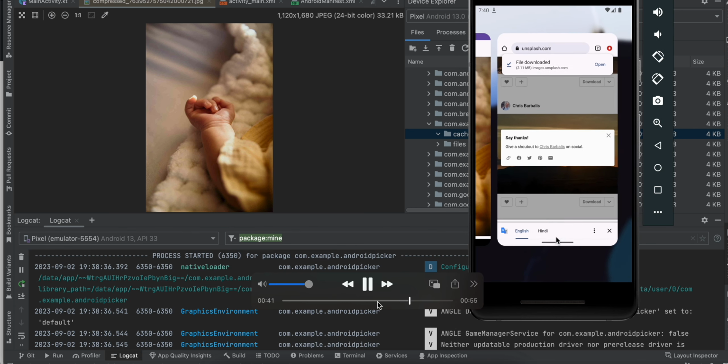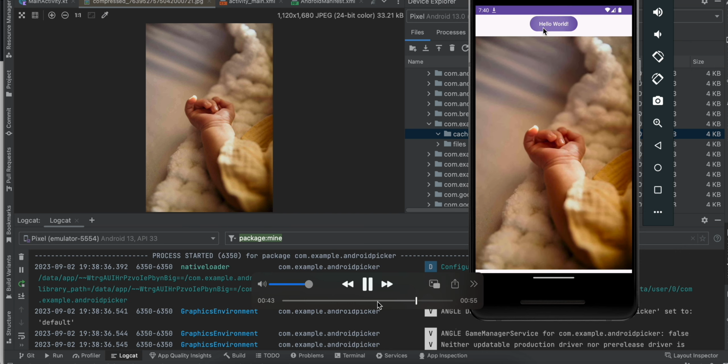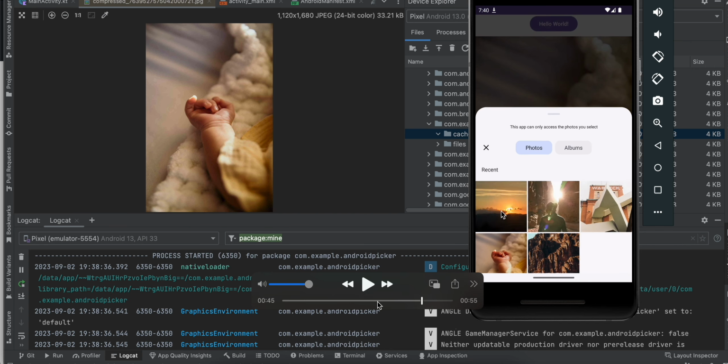Now I will open my app. I will click on Hello World. It will open the image picker. I will select that image,